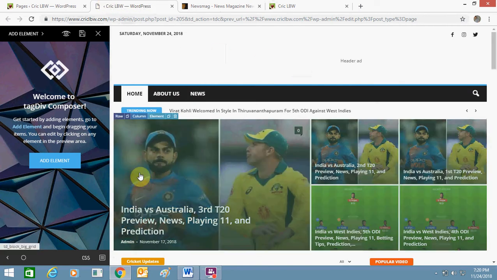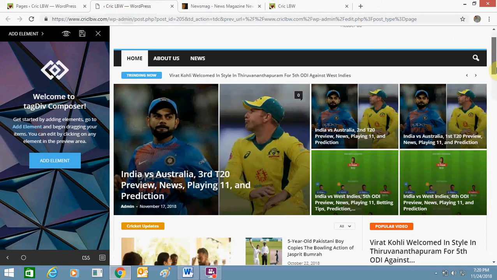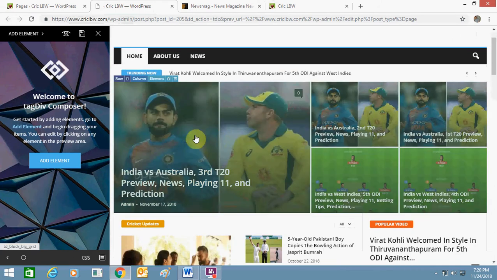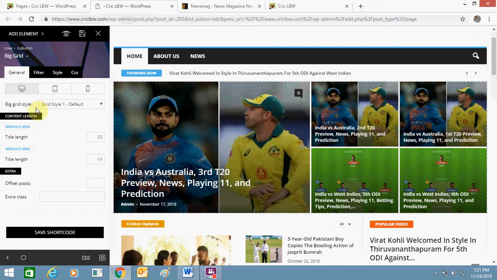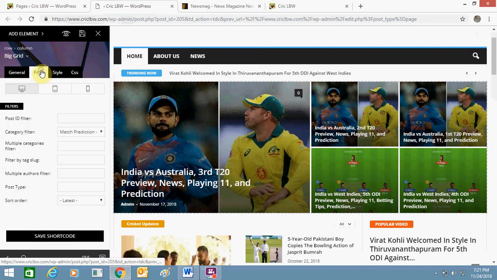Like here you can see this section is getting selected, and once you do it, just click over it, you will get these options. You can increase the title length, decrease it as per your need, and just you go here in filter section.